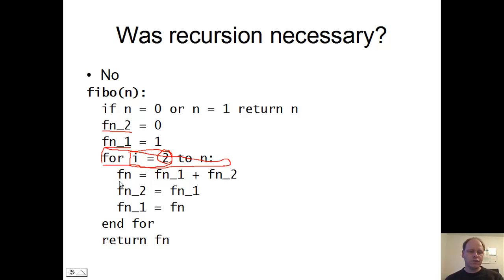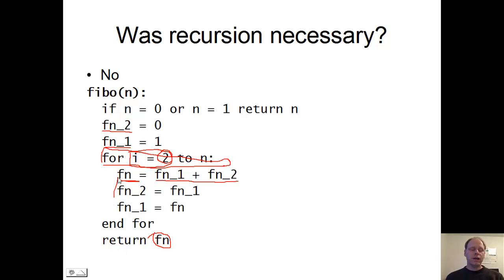And of course the next Fibonacci number is the sum of the two previous Fibonacci numbers. And now we have a new previous Fibonacci number, which is the old previous Fibonacci number. And we have a new previous Fibonacci number, which is the current Fibonacci number. And then we can repeat until we have calculated the nth Fibonacci number, and that is the result that we